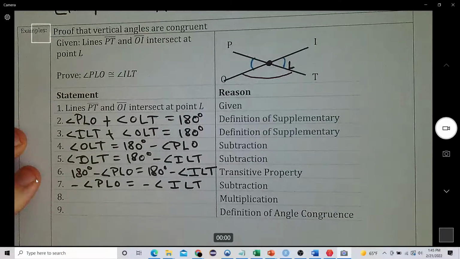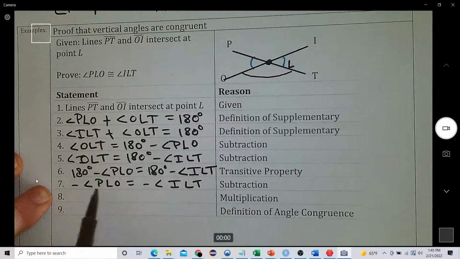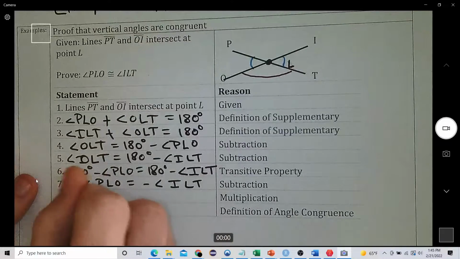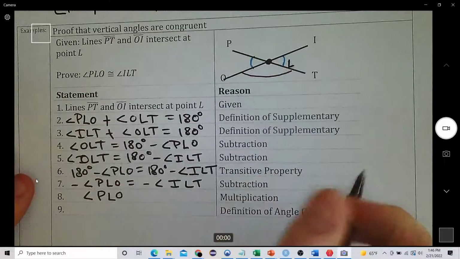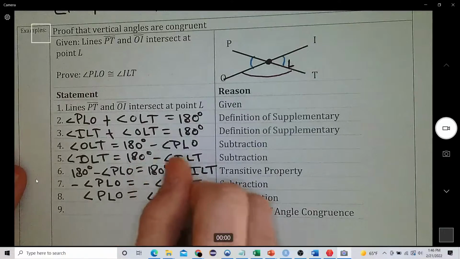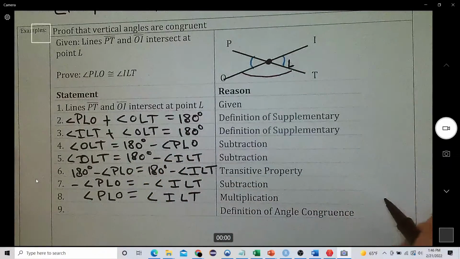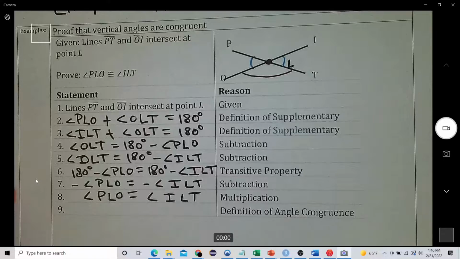All right. And now we need to do some multiplication to get rid of these minus signs, right? Multiply by what? Negative 1, right? So we multiply both sides by negative 1 and we get angle PLO is equal to angle ILT, right? So,